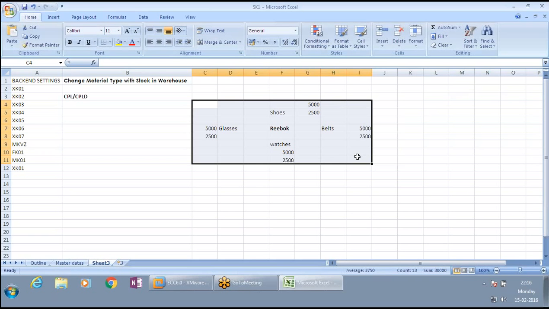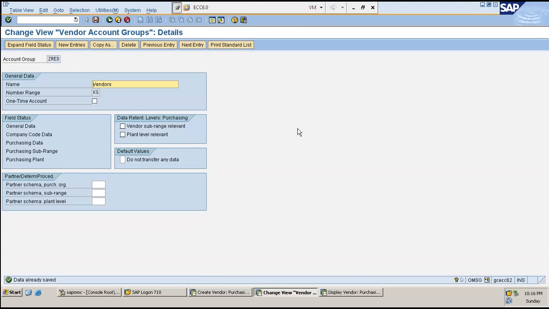Okay. So now going back to our learnings for today, we have learned how to create an accounting group and why we need to create an accounting group as well. Because it's going to control the number ranges, along with whether any fields are supposed to be set optional or mandatory, even that will be done along with the vendor sub range. This is the significance of a vendor account group. Along with this, there are a few more significances of a vendor accounting group.